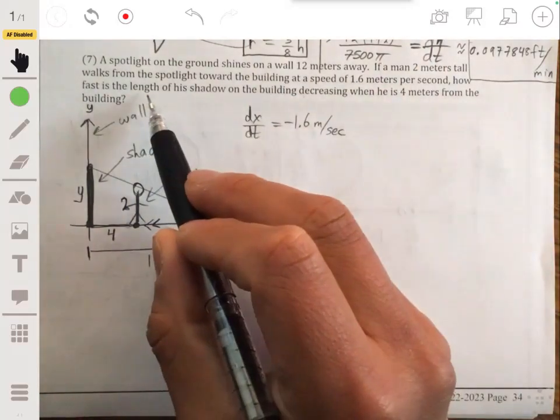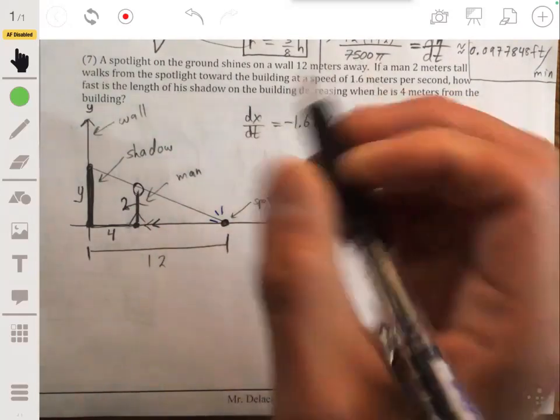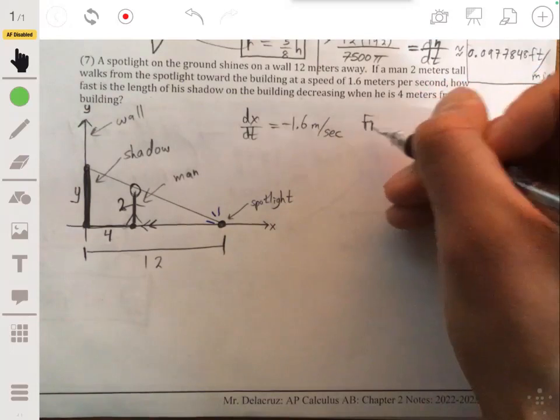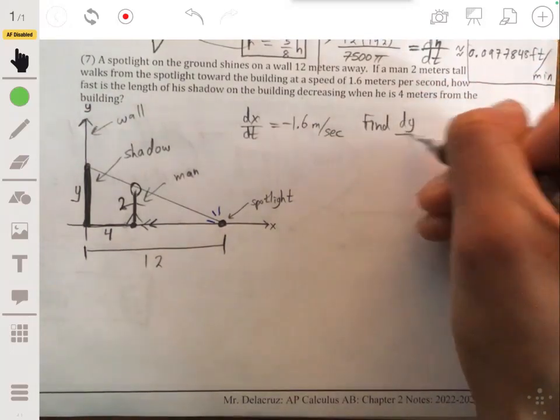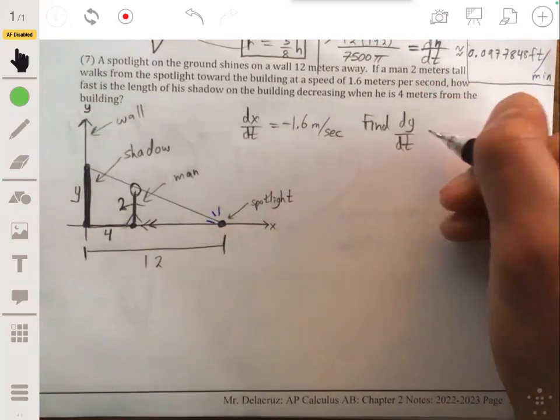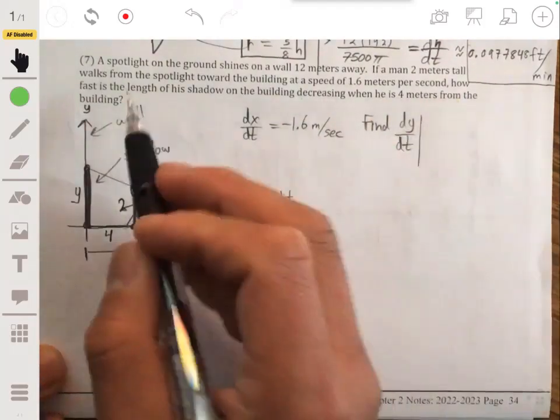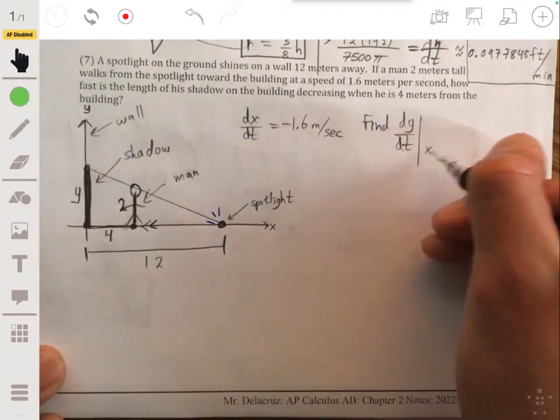And we want to find how fast the length of the shadow on the building is decreasing. So we want to find dy/dt when he's 4 meters from the building. So when x equals 4,